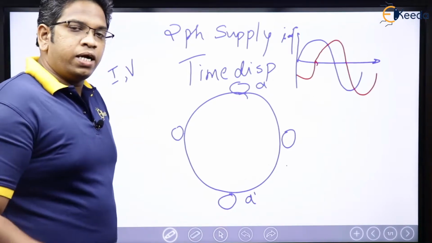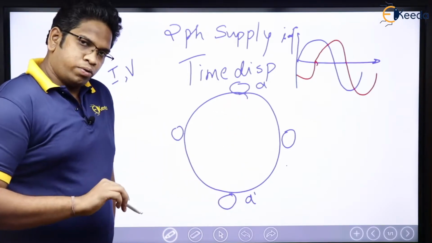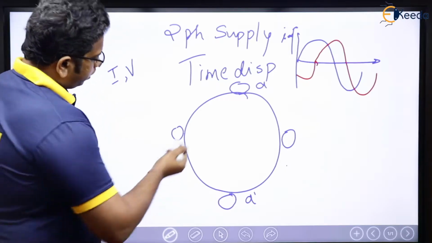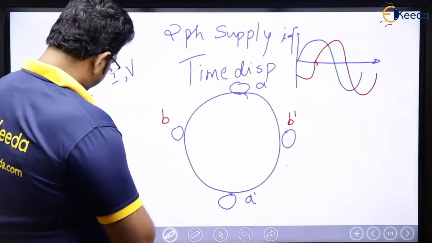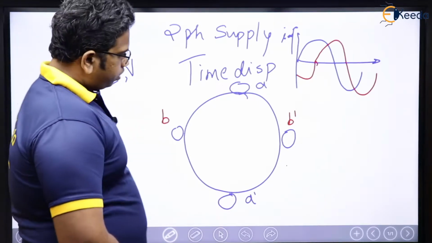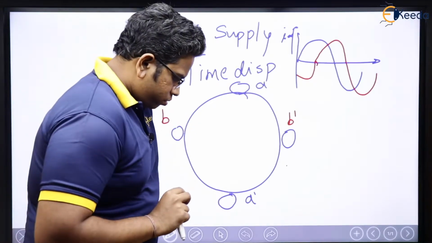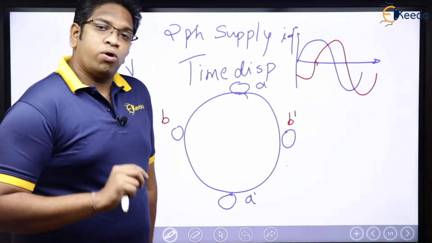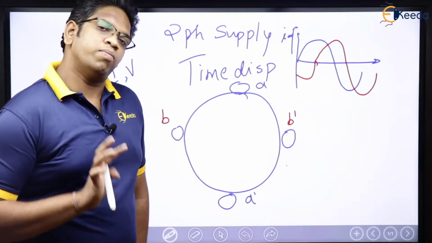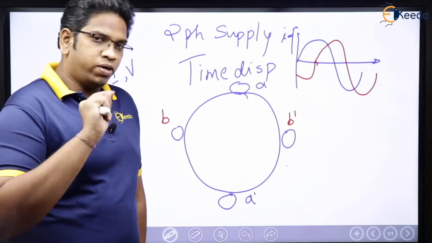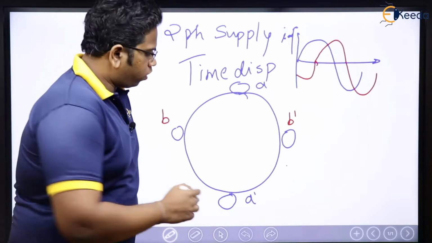That is the reason why, if this is A and A dash, then in space also, remember my words, in space also it has to be B and B dash. Agreed? Then all the alphabets without dash we used to consider as dots. There is not at all any compulsion to have A and B as dots. You can also have them as crosses, there is no problem. But there has to be one thing: whatever polarity you keep for A, the opposite polarity should be for A dash.